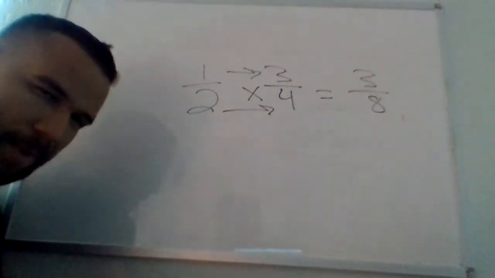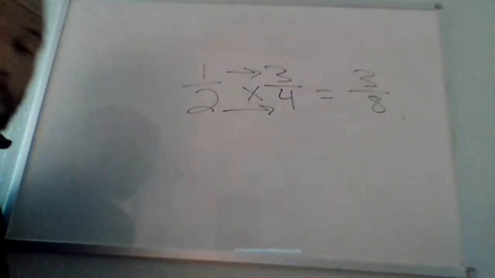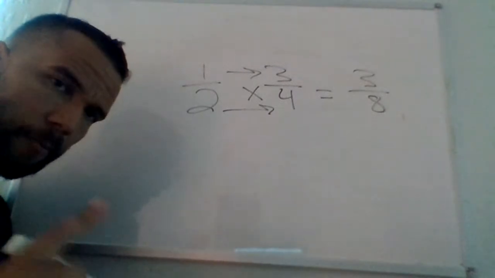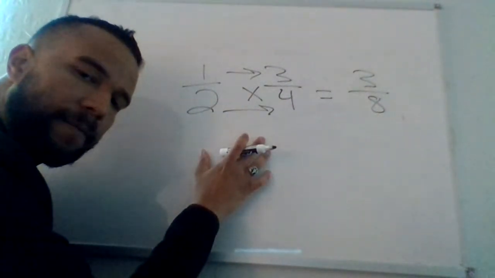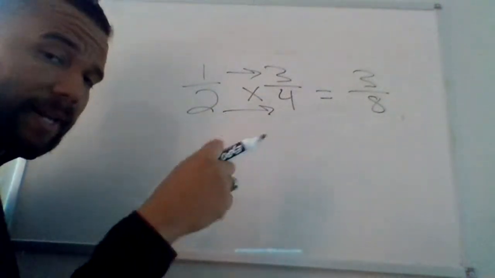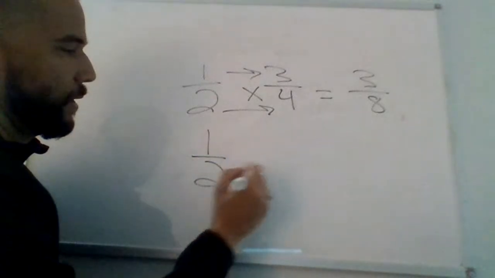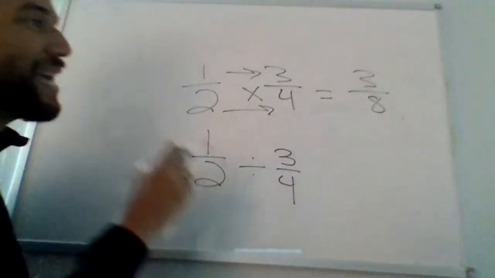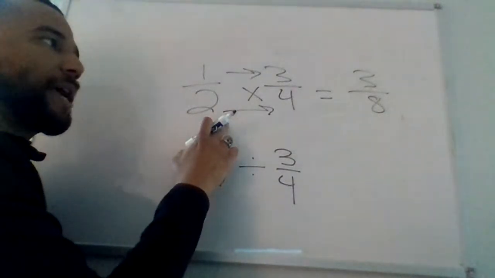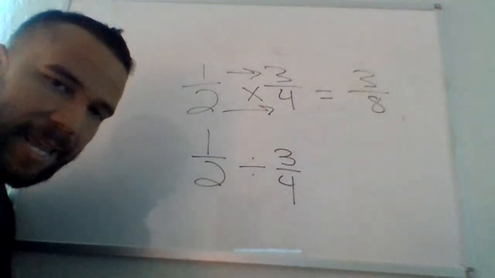Okay. There is a model for this. I'm not going to get into the model. But what I will tell you is that this is going to be the most helpful when we talk about dividing fractions. So if I say 1/2 divided by 3/4, because I know that when we multiply, we go straight across, I can use that same concept.